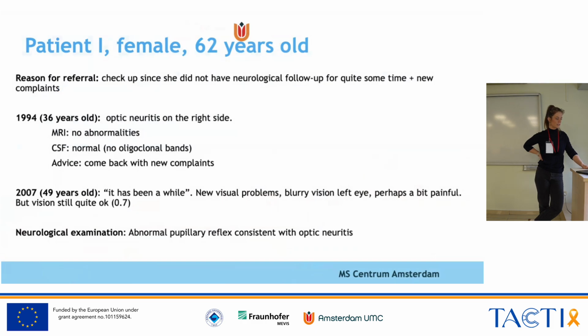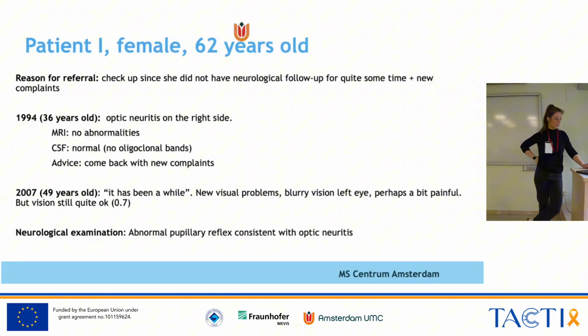So this person had an optic neuritis years before, when she was 36. And workup at that time showed no abnormalities on the brain scan. Normal CSF, so no oligoclonal bands, and the advice was then, come back when you have new complaints. And that took quite some time. So in 2007, that is the moment of presentation, she was 49 years old, and she said,